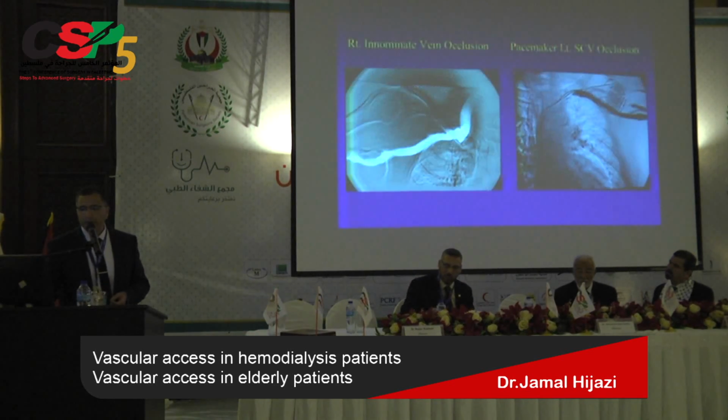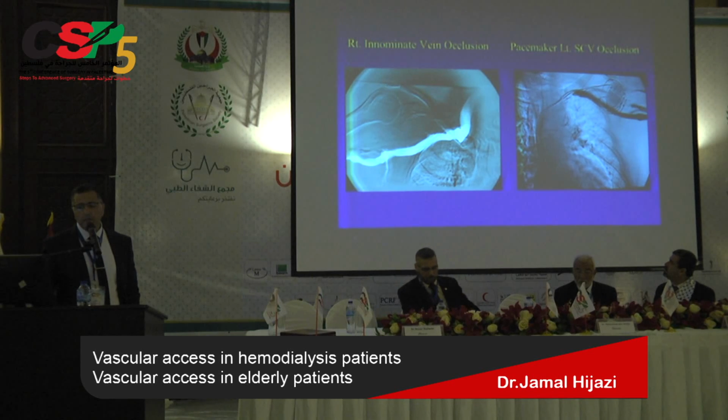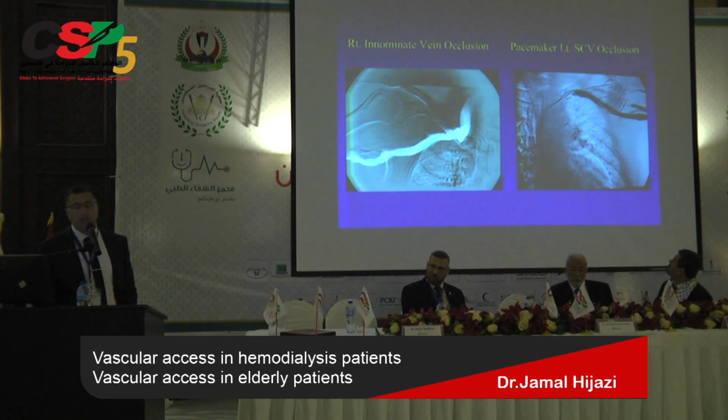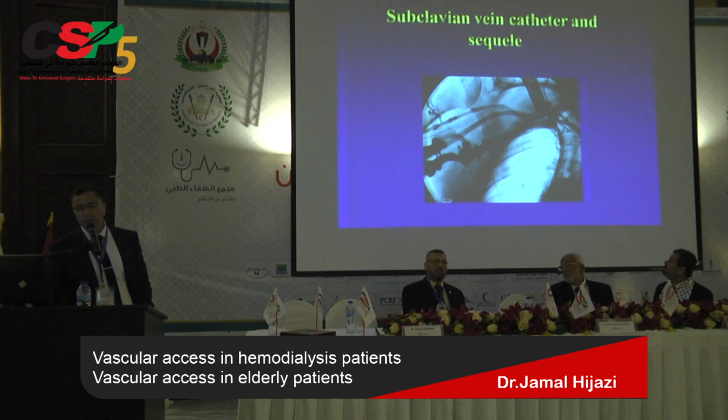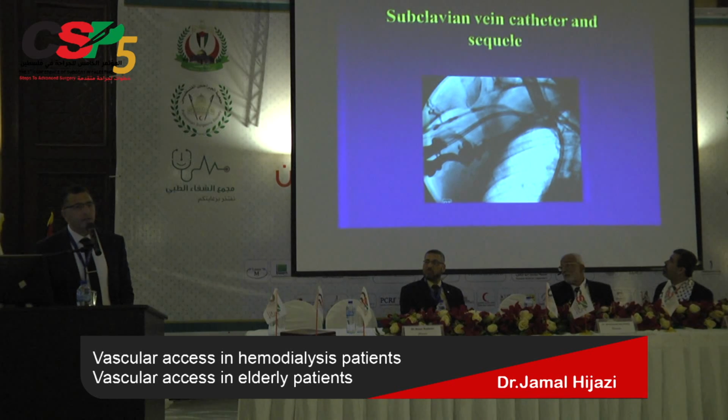over the cephalic vein, for example, with a 4 millimeter balloon for a length of 100 or 150 millimeters to mature it. Here's an example of a pneumatic vein occlusion previous to access circulation. On the left side, you can see the pacemaker with left subclavian vein occlusion. Another sequel is the permanent catheter with occlusion of the pneumatic vein. So on this side, we know that we can't deal with this problem, or we can't create a fistula on